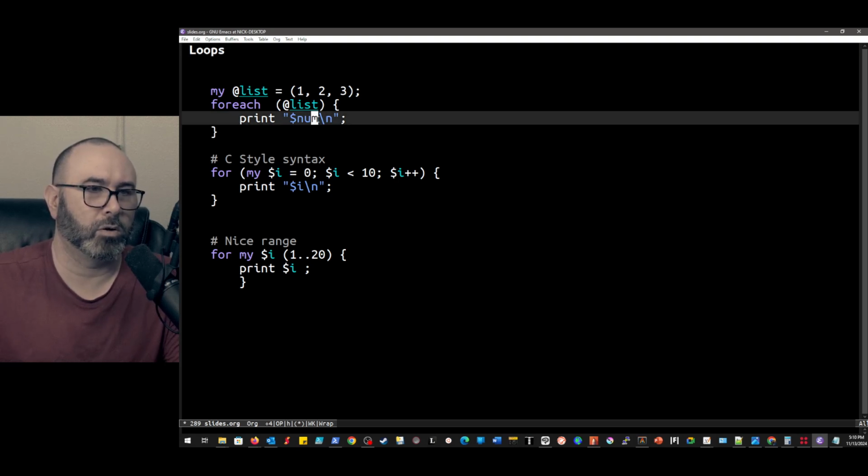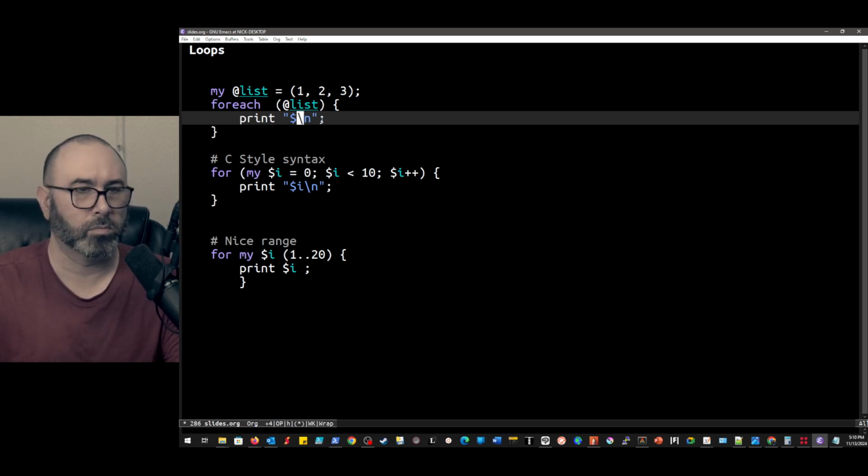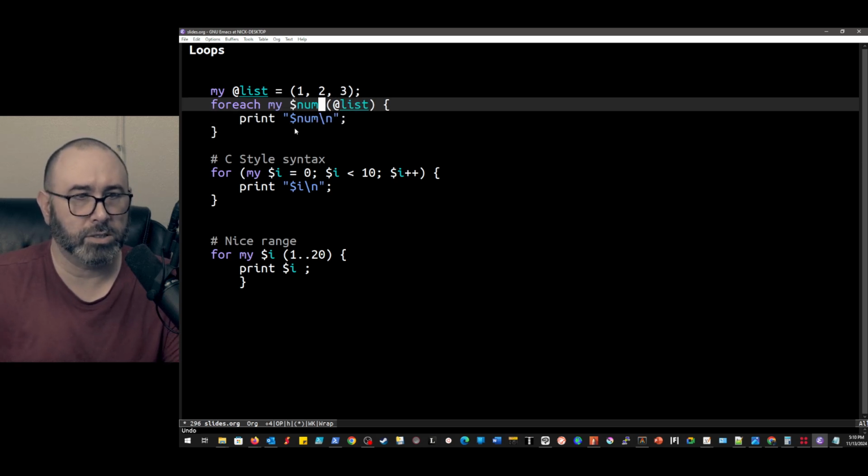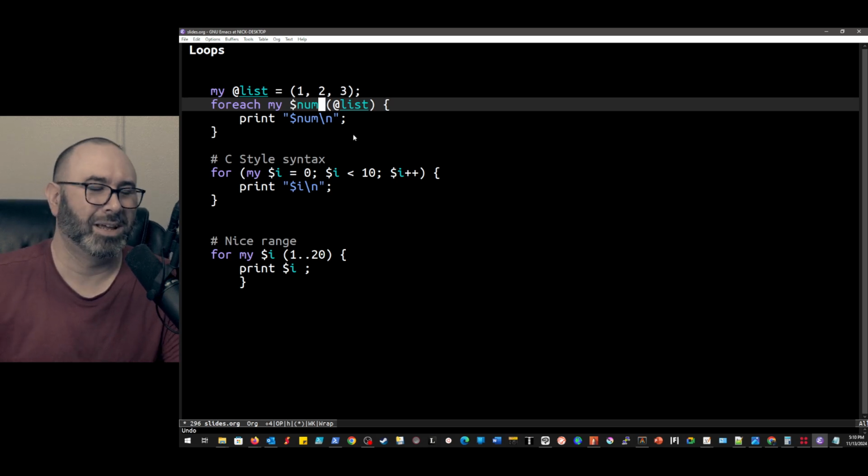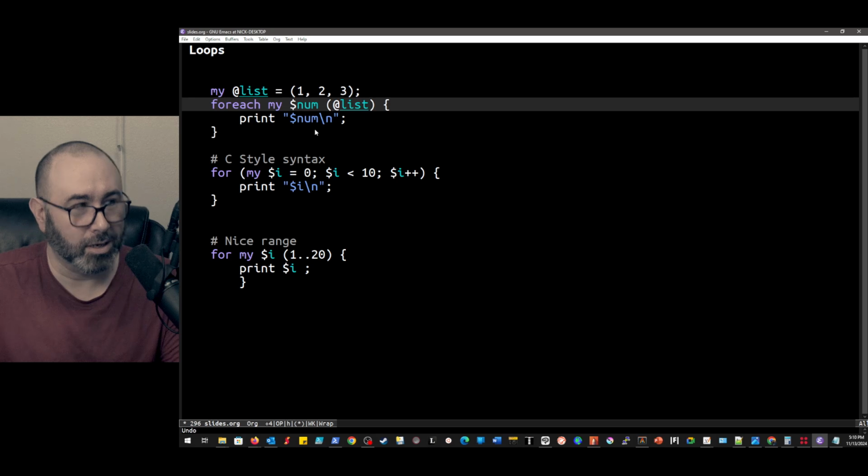So we can then go over here and print $_ and then this would basically allow us to iterate through the loop without having to define a variable. Now, as you can see here, we still can define a variable, right?